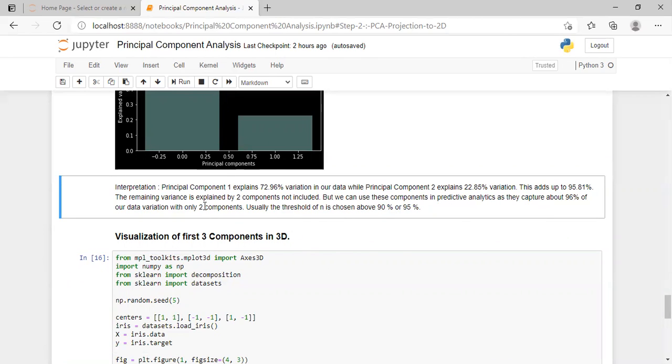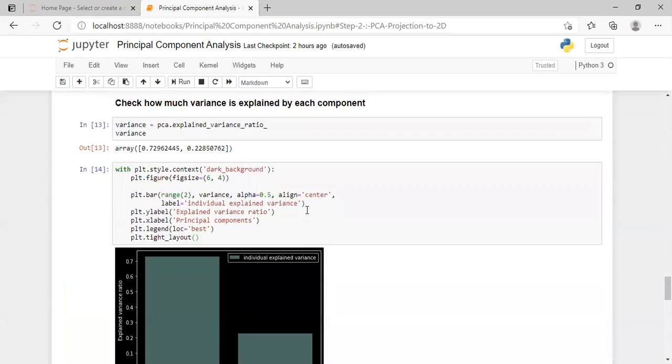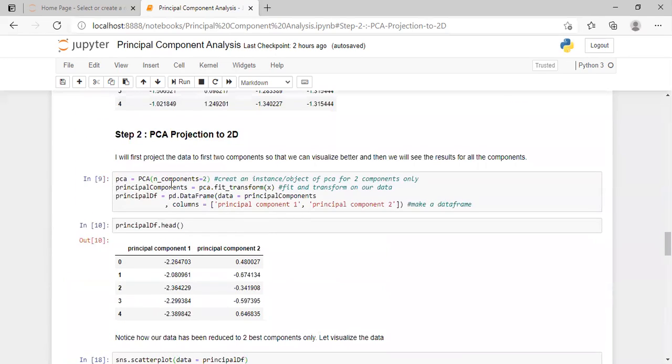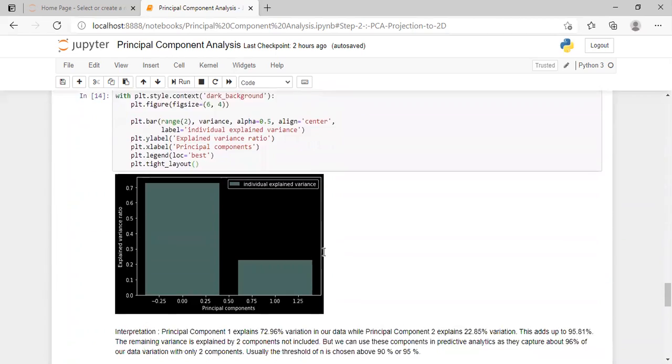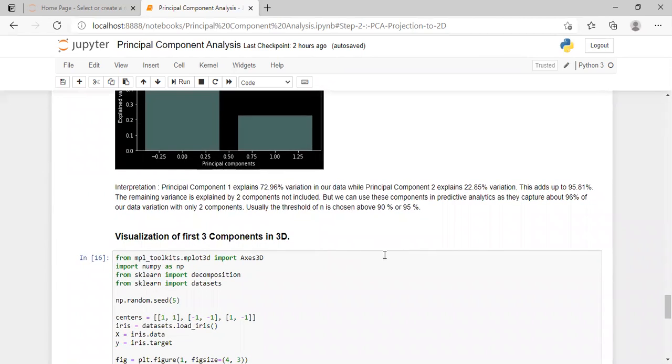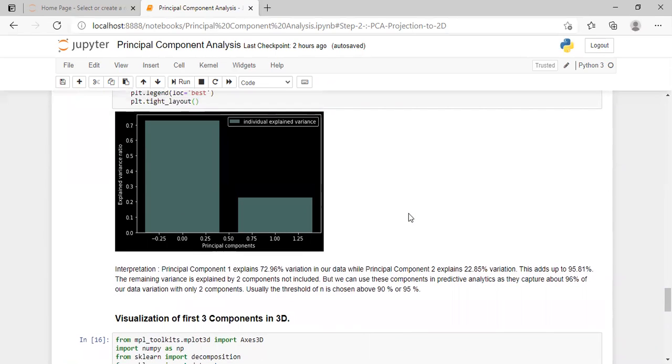And again, how did I choose the 2 components? I chose 2 components firstly to let you visualize, and secondly, most researchers and scientists in machine learning and data science define a threshold for the percentage of variance they want the data to capture.